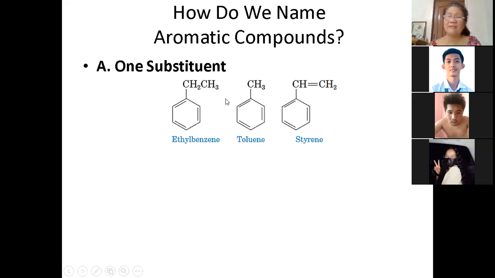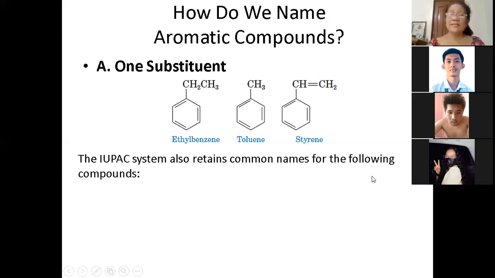If you have a substituent of what is this? Diba? This is ethyl benzene. Okay, so this is ethyl. Tapos kaning imo, this is ethyl. Diba? Kani is a benzene. So the name of it is ethyl benzene. This one, you can name this as methyl benzene, but in short, we can make use of this as a parent. Mao na ni atong parent, it's toluene. And this is styrene. If it is an ethene, this, diba? This is double bond and ethene. Na? So it's styrene. That is for one substituent.